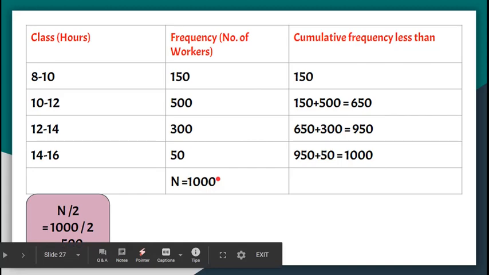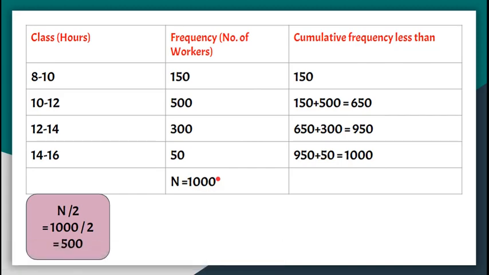ये वैल्यू बहुत इंपॉर्टेंट है क्योंकि यहाँ से हमारे स्टेप्स शुरू होते हैं. So listen to this carefully. Now you will check कि 1000 by 2 मतलब 500 से कम cumulative frequency कौन सा है. तो यहाँ पे 500 से कम cumulative frequency कौन सा है? It is 150. So I mark this 150 as CF. This is the cumulative frequency that I am going to use in my question.